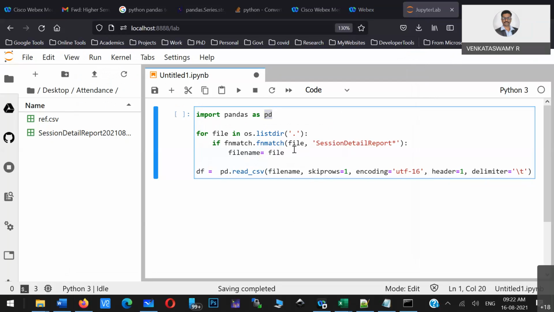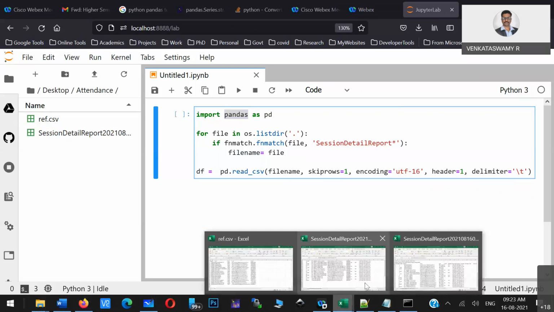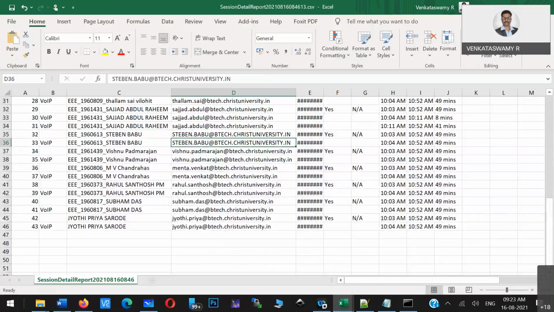So this pandas library is basically used for fetching data and doing some kind of data tuning, data preparation, data synthesis. For all those things, this pandas library can be used. Say for example, I have an Excel file, and from the Excel file I need to read this entire data into the Python program.